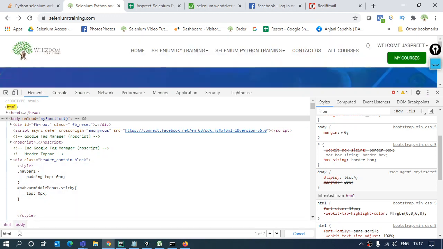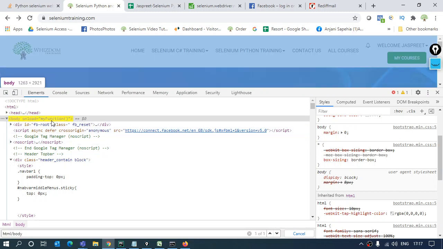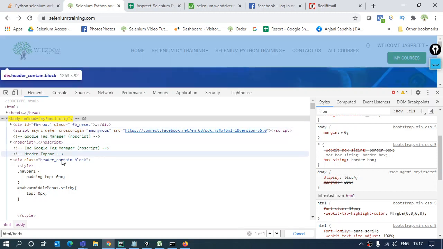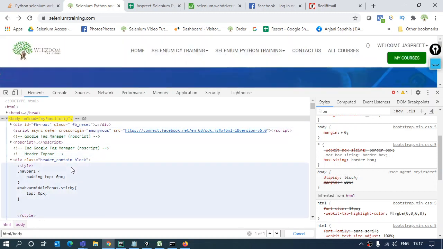So I'll give the tag name over here after the forward slash as body. You can see over here that my body tag got highlighted like this. If you're going right, then it highlights, and if the spellings are incorrect, then it's not going to highlight. So you need to be careful while constructing the XPath.